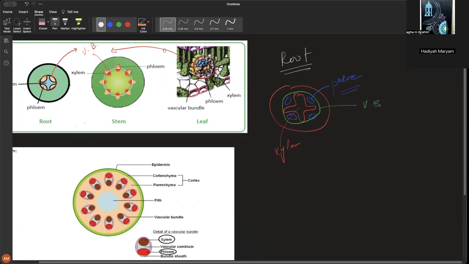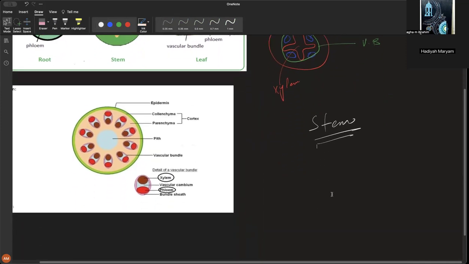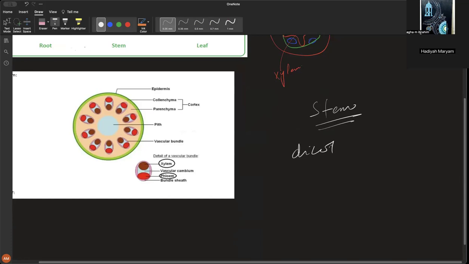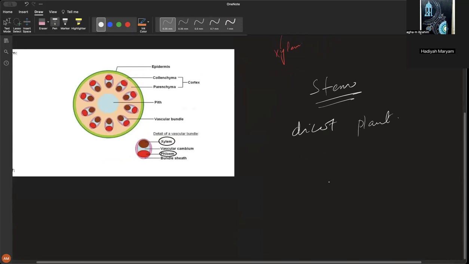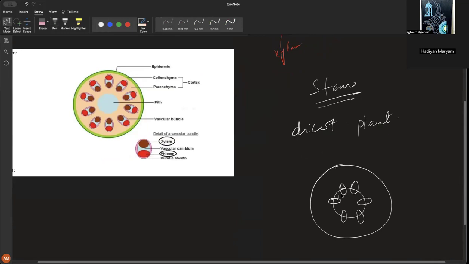When we come to the stem, we see that in a dicot plant, the vascular bundle basically arranges itself in a form of ring. So this is the stem. You can say this is the ring where the xylem and the phloem are going to arrange themselves. All right, in this manner. This region, the innermost region, is called the pith. This is the pith, and then there is